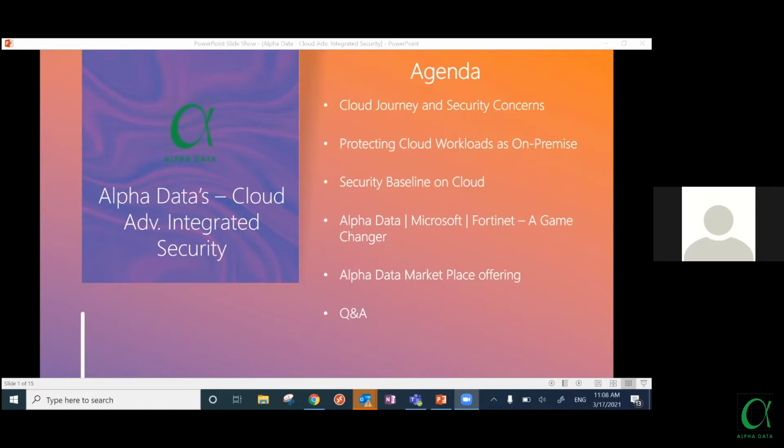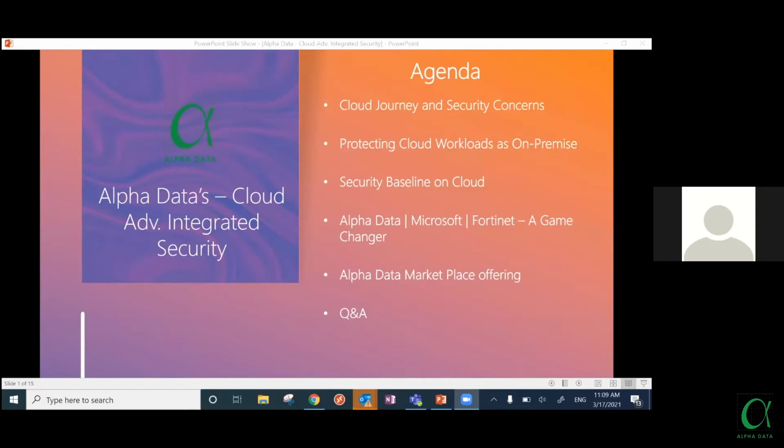I'll walk you through one of our marketplace offerings that has to do with the cloud advanced integrated security solution. It's a concise solution mixed up with not only the licenses or the computing or the consumption, but also with some of the implementation services as well as managed services. It's a pretty interesting offer, and I'll walk you through it in detail, with its benefits, after completing the discussions on the cloud journey aspects. Then we'll also take some questions and answers. I think we are good to go.